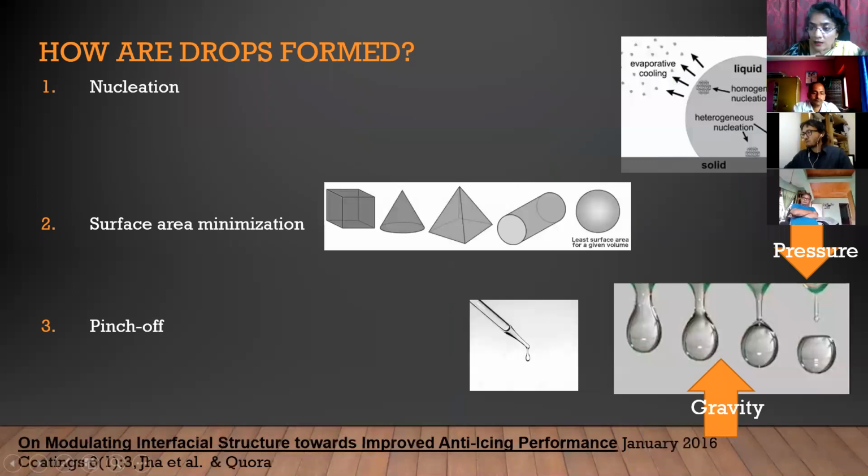The first one is what is called nucleation. That is, either the molecules of water come together and form a larger drop, or they seed around a dust particle like it happens in clouds, and like you have in crystal growth, they actually start forming a larger drop. That's one method. One is called homogeneous nucleation, where all the molecules come together, or it's called heterogeneous nucleation if they are going to be settling on a dust particle.